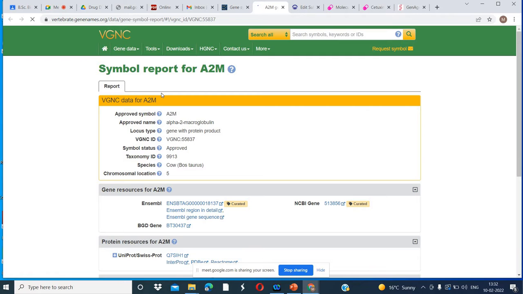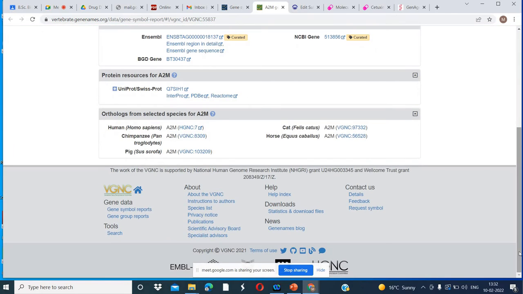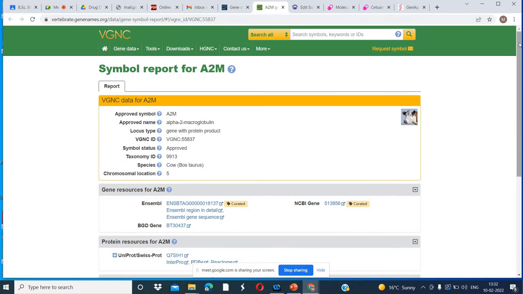So in the VGNC also we have the information about gene with protein product, alpha 2 macroglobulin. Chimpanzee. Homo sapiens. So this gene is found in Homo sapiens also, chimpanzee, Pan troglodytes, pig. So these are the different other organisms in which this gene is found.